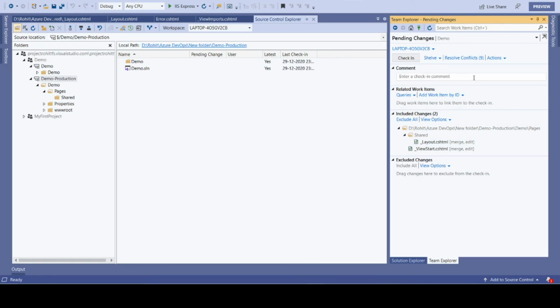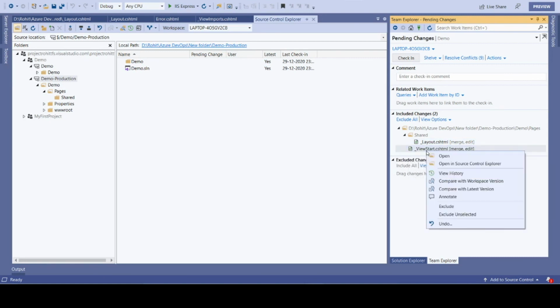So one thing which I missed to mention here is, if sometimes you don't want some changes to be included whenever you want to check in, you can exclude the change. So for example, there are two files which are modified. I just want to keep layout. What I can do, I can right click on the view start file. I can click on exclude.